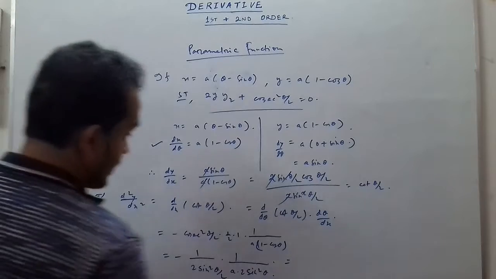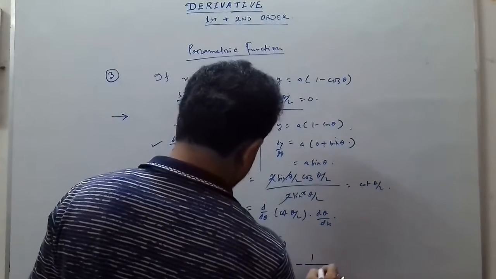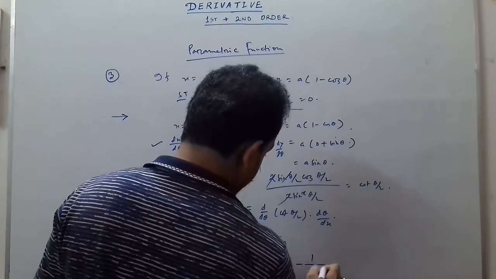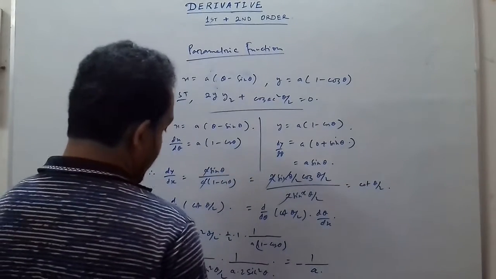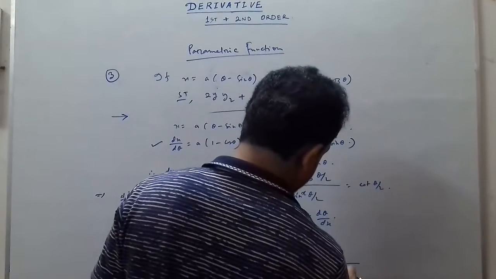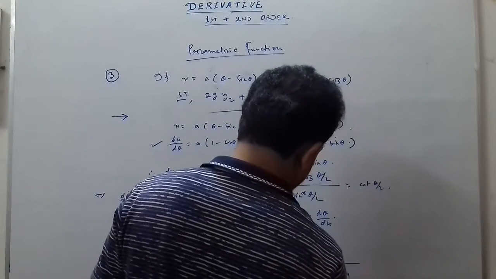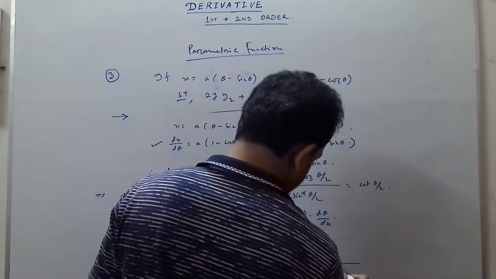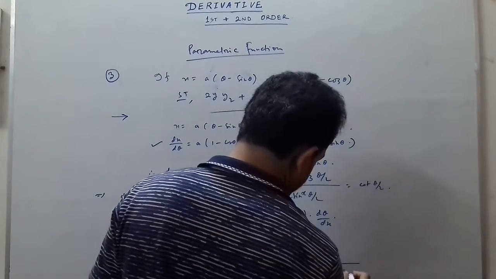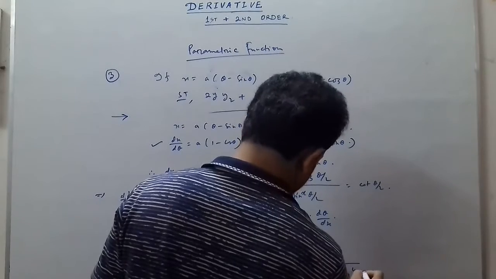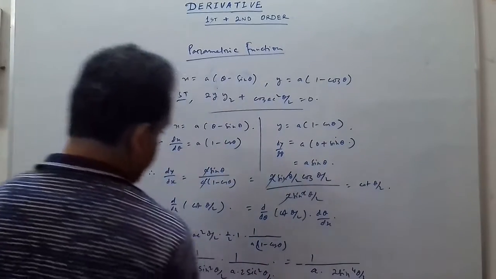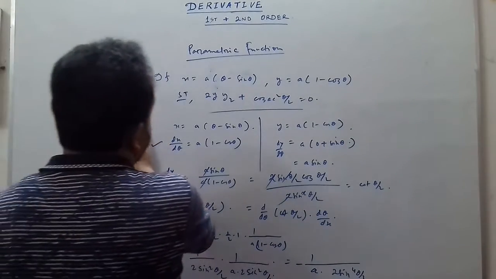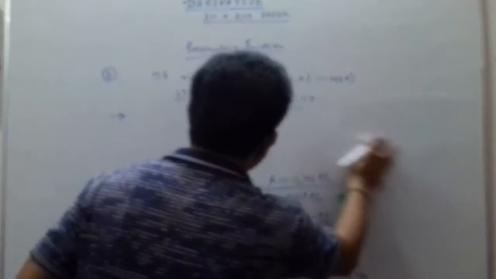This is equal to minus 1 over a into 4 sin power 4 theta by 2. Okay, now therefore